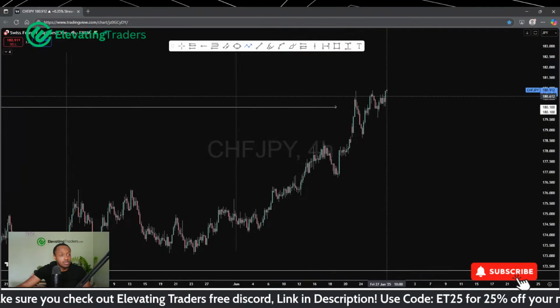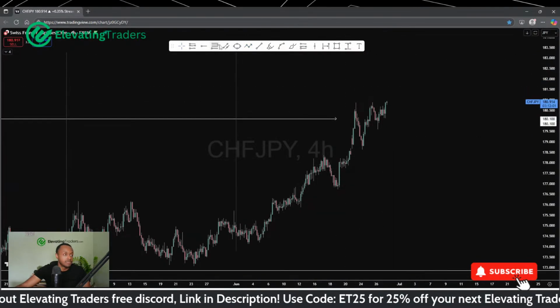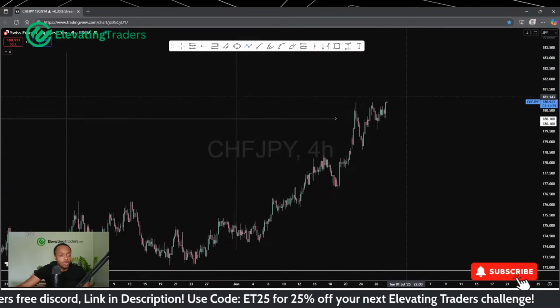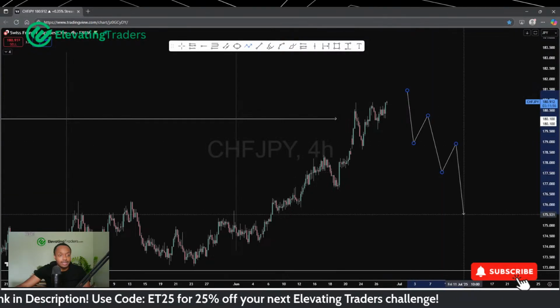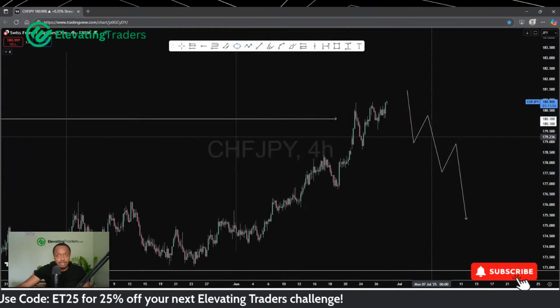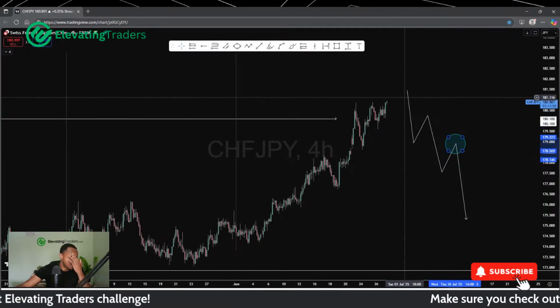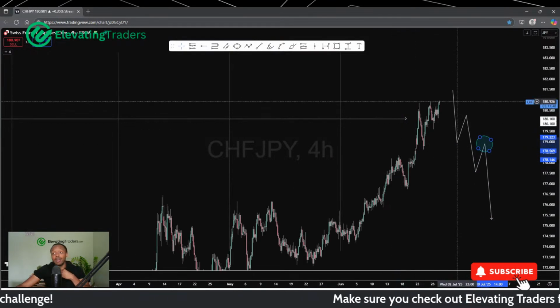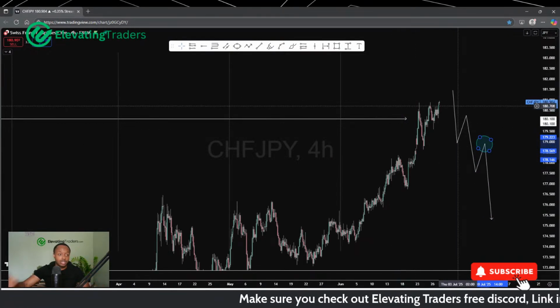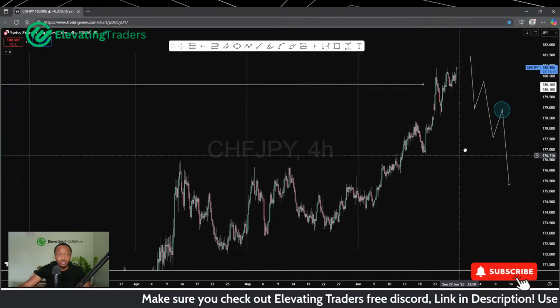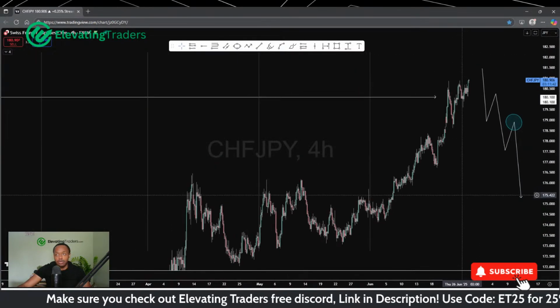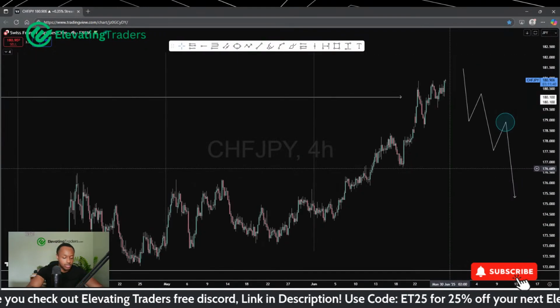We might still see price rally through resistance here. I'm just looking to see if we can get some lower lows and lower highs into the market. And this is exactly what's going to interest me for some shorts. But I have to be patient. That would rely on yen switching direction, breaking structure, and becoming quite strong. But for now, things are still bullish, so we're going to have to stay patient.